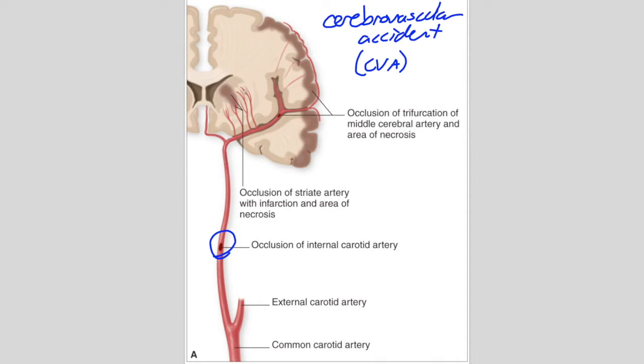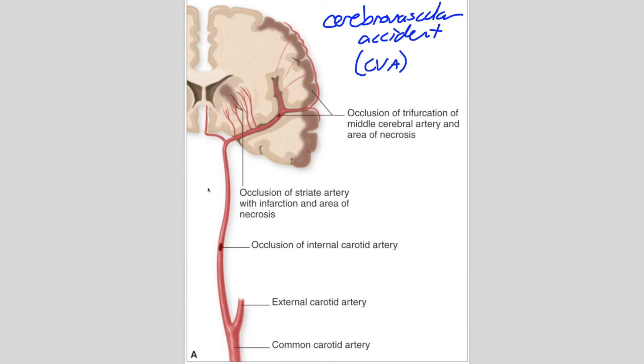And when it gets stuck, all of this blood can't get to the brain and supply it with oxygen. Now, another possibility is you might have a clot that forms right in the vessel itself. So it originates from the vessel itself. So if somebody has plaques that have built up in these blood vessels, it makes these blood vessels more prone to form a clot. So if you form a clot, you have the same result. Blood can't get to the brain, can't get oxygen.